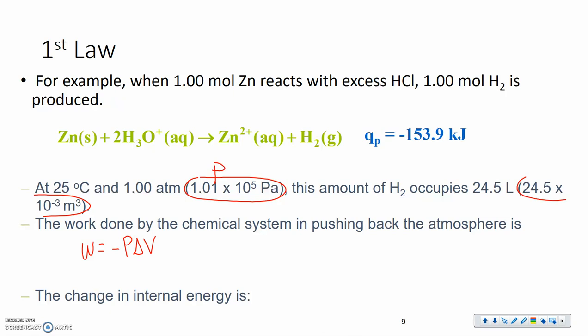Now, if we do our formula for work, what we need is the units of work to match the units of heat, so that they're all in the same unit for energy, which has to be some sort of joule. So Q is already in kilojoules, so we want W to end up being in kilojoules. The only way to get a pressure times a volume to equal joules is to have pascals for your pressure and cubic meters for your volume. So that's why we had to change them from one unit to another. Then we can just multiply negative pressure times our volume